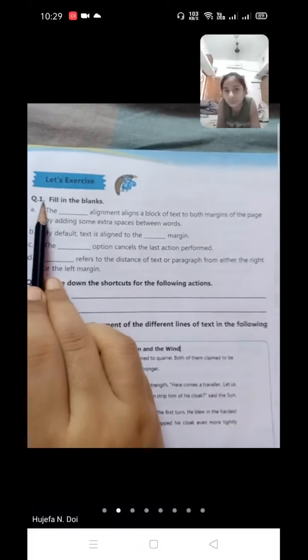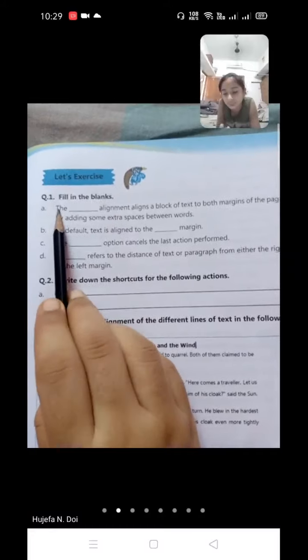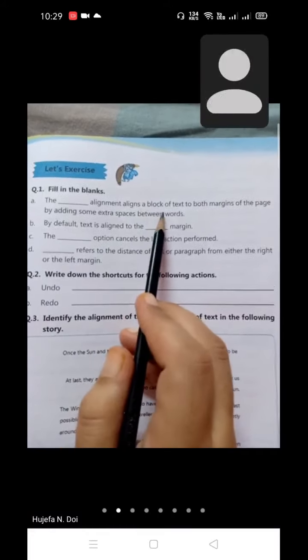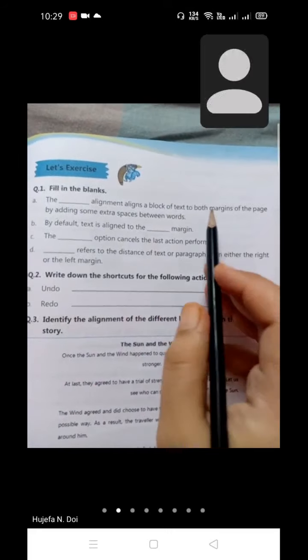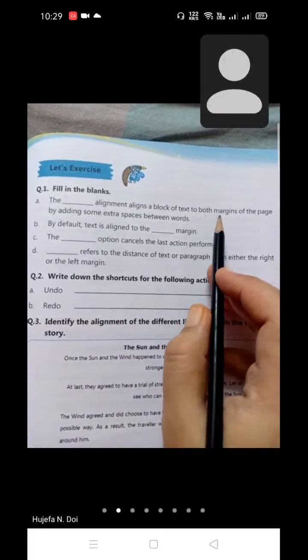Exercise question number 1. Fill in the blanks. A. The blank alignment aligns a block of text to both margins. Both margins means the left margin and the right margin of,